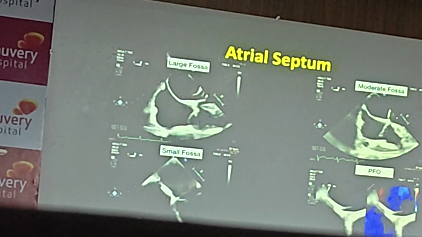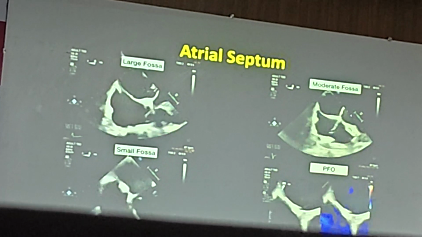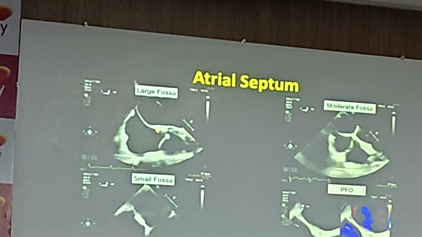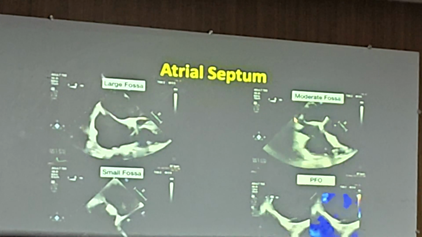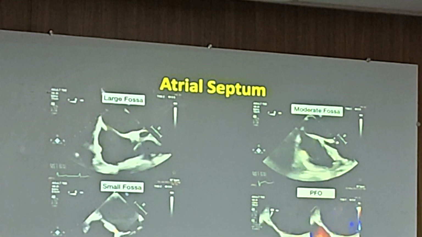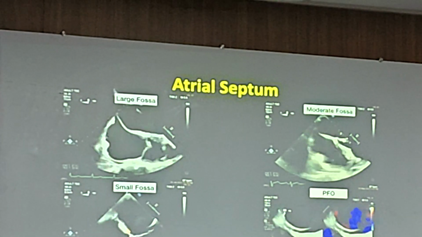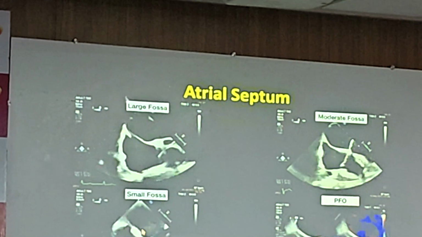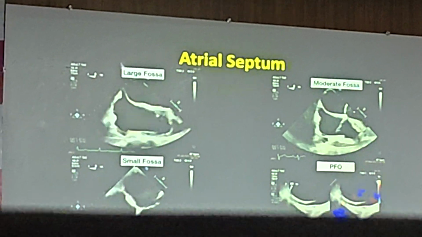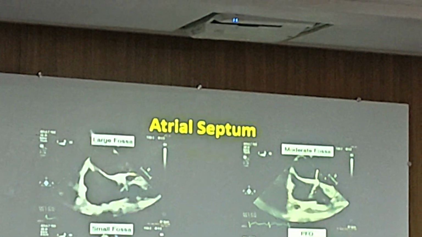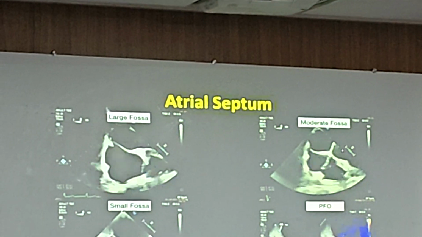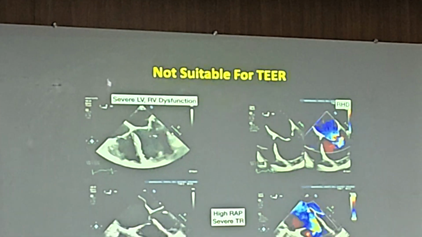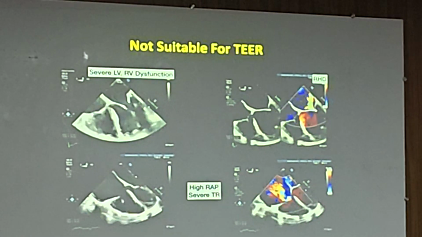That's the other part. And again, unfortunately or fortunately, depending on how you encountered it, patients come with different fossas. So you have a very large fossa, great. It's wonderful that you have an area of puncture. And there's a moderate size fossa, and then there's a very small fossa. And this is where the real problem happens. You don't have much room in terms of height, and you have a lot of problems over there. So look at the fossa very carefully. And also look at the PFOs. The PFO is primarily to avoid going into it, but otherwise there's not much of a problem. But be aware of it. And obviously you can't use the PFO as an entry because it's too anterior.